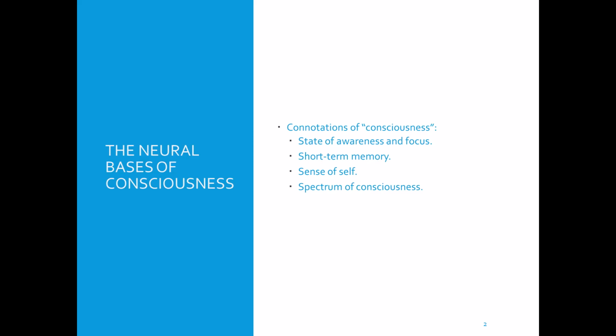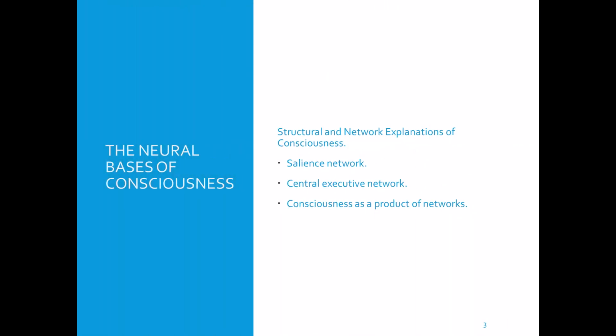Now, there are a couple of brain structures and network explanations of consciousness that I want to briefly discuss. Some important areas of the brain are the central lateral thalamus, the anterior insular cortex, the AIC, and the anterior cingulate cortex. These all appear to be involved with consciousness. We can also talk about the Salience Network, and this is a group of brain regions that detect significant stimuli that require our attention. And included in these are the anterior insular cortex and the anterior cingulate cortex.